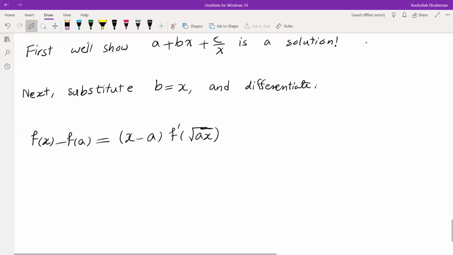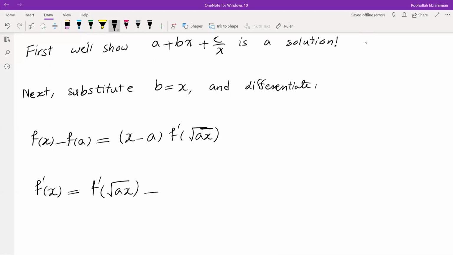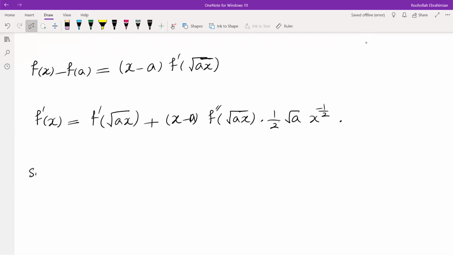We get f prime of x equals f prime of root ax plus x minus a times f double prime of root ax times 1/2 root ax to the power of negative 1/2. Substitute a equals x,